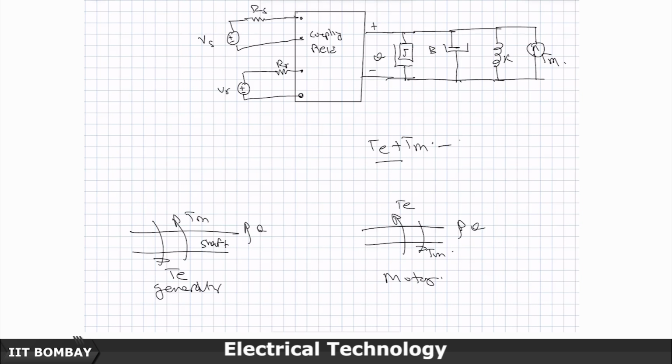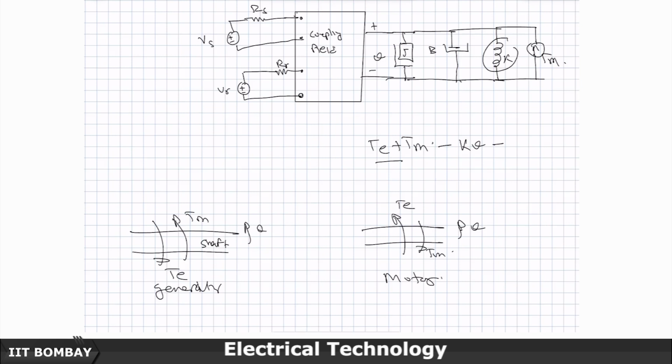and minus k times theta. This is just similar to what you have in a spring, right. This is the rotational analog of the spring. The spring, the force which is created is minus k times x when the spring is elongated by x. The force which tries to bring it back, the opposing force, is minus k times x. Here I am writing it for the equivalent rotor analog of it, minus k theta, and the third term is going to be